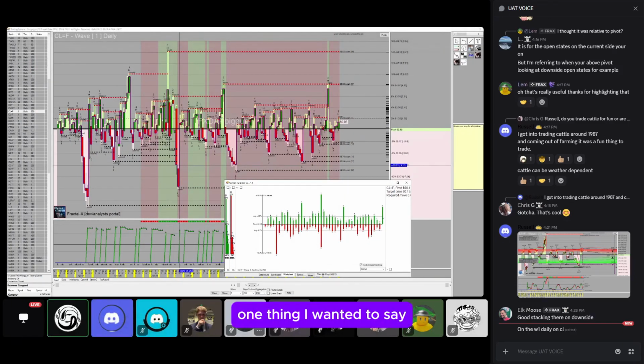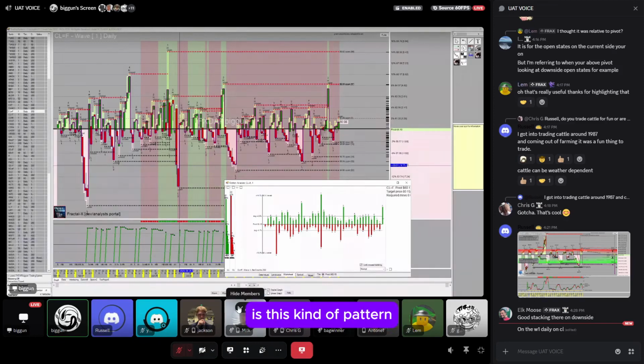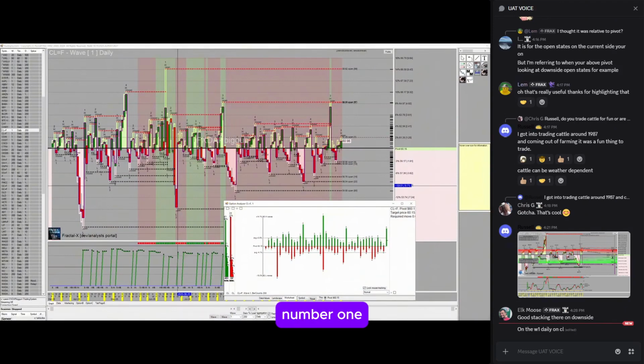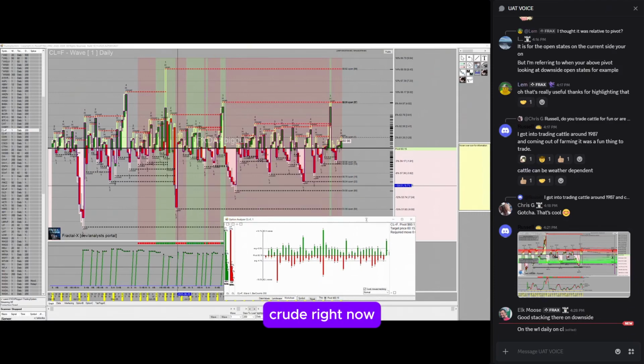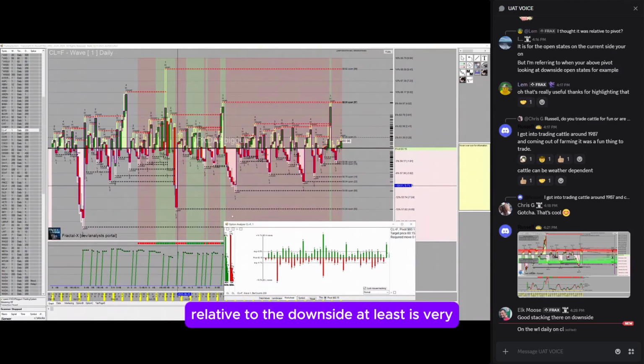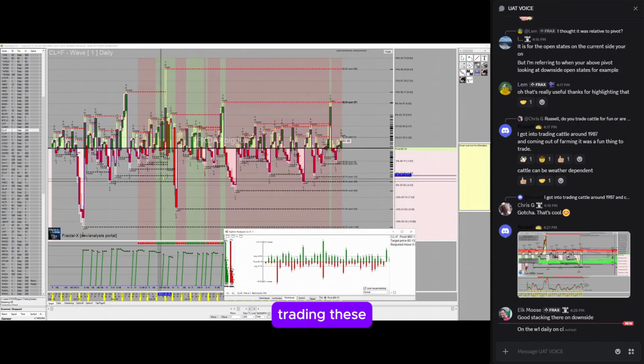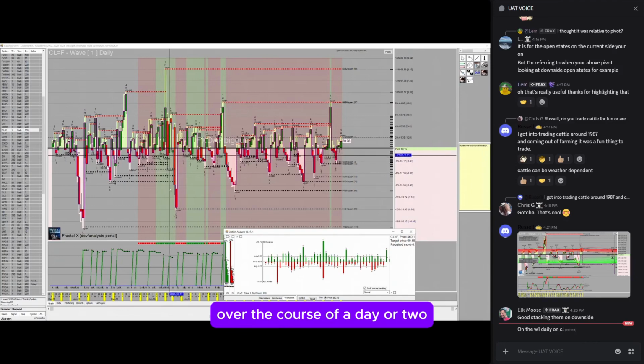One thing I wanted to say regarding crude is this kind of pattern we can see that develops. There's two patterns actually. Number one, that commodity squeeze pattern, right? These waves very clearly develop. We can see crude right now, relative to the downside at least, is very squeezed, meaning that there is an expansive downside move brewing, in my opinion. I've made boatloads of money trading these sweeps that occur over the course of a day or two,